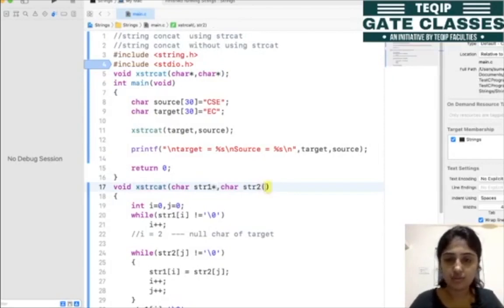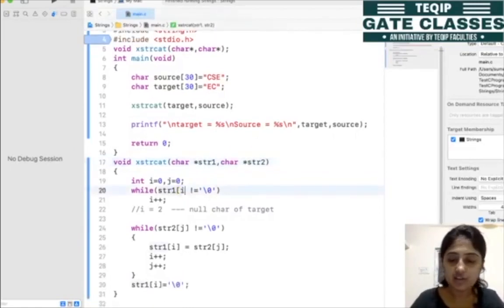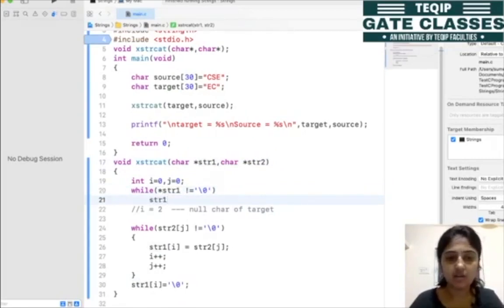Okay, so the star should be before the variable name. Here again, instead of having str[i], we need to check whether star str1 is not equal to null or not. Then we have to increment str1 each time.